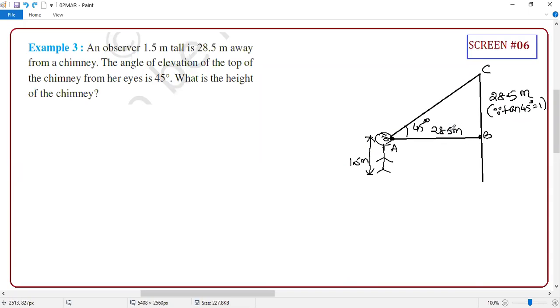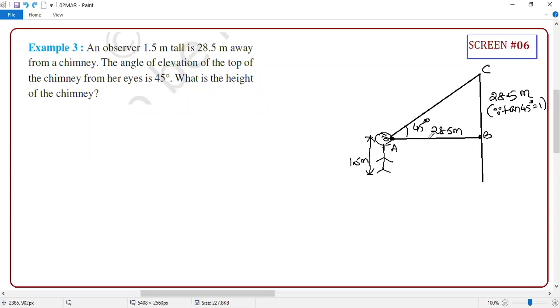So the moment you know any one of the sides, either opposite side or adjacent side, then automatically the other will be equal, for the beauty of 45 degrees. So 45 degree is telling what? Opposite side and adjacent side both are equal. So you don't want to write separately, you can write it here itself. Done. So now the question: what is the height of the tower? Height of the chimney is what? This 28.5 meter. Is it correct? The height of the chimney is 28.5.